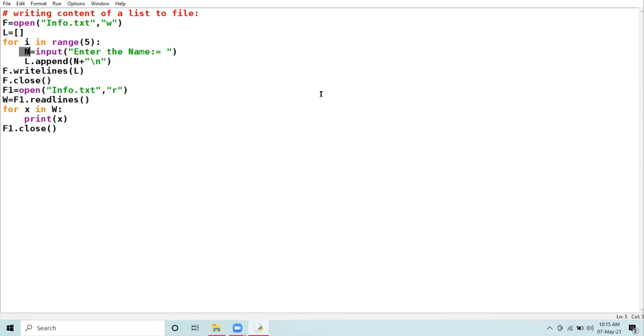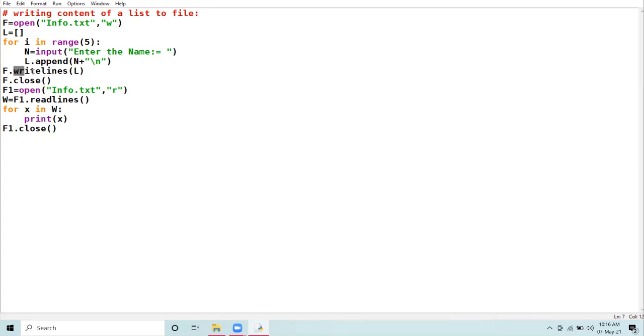Then after you input one element, we also have to take into consideration the newline character, so that the next data comes in the next line. Then using the writelines function, as I told you in the beginning of the lecture, if you want to transfer the list to the file, you have to use the writelines function.